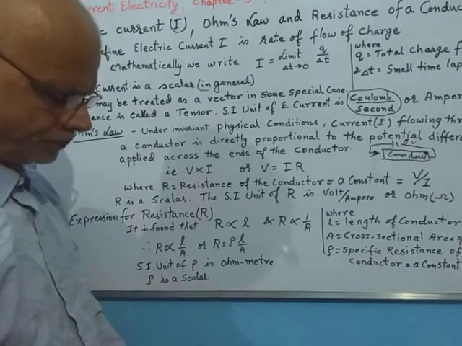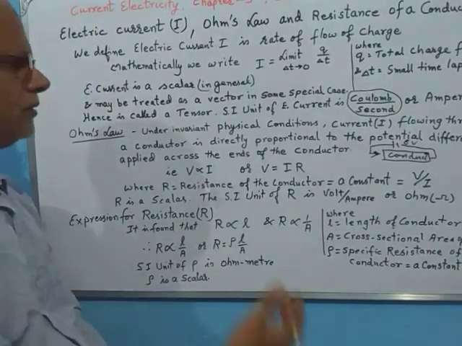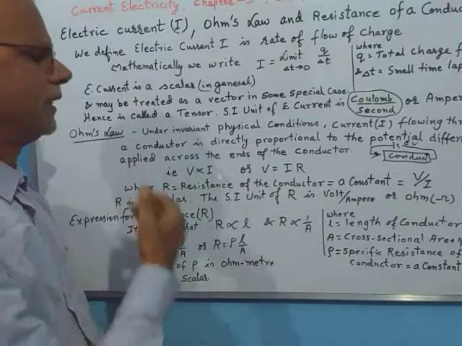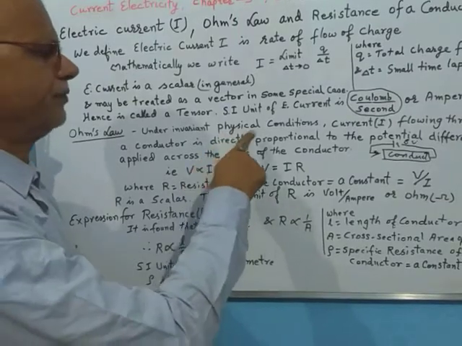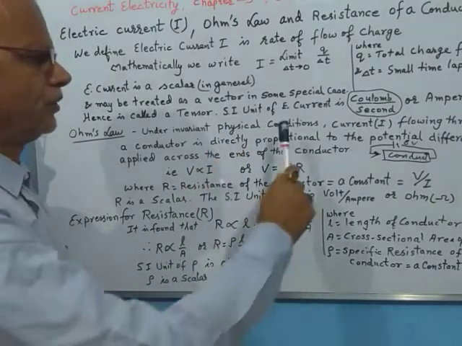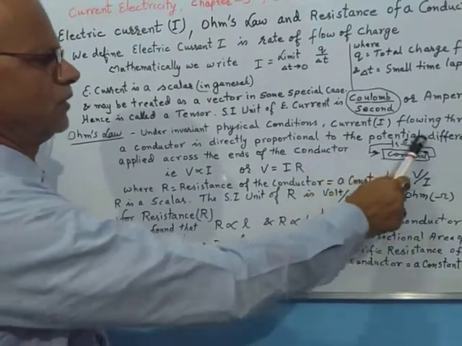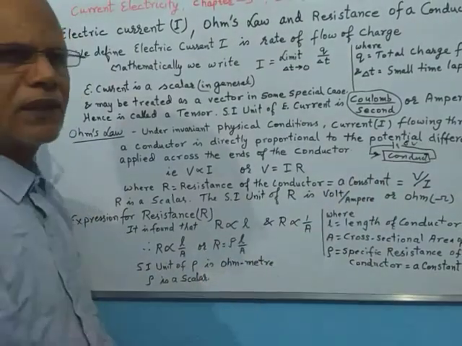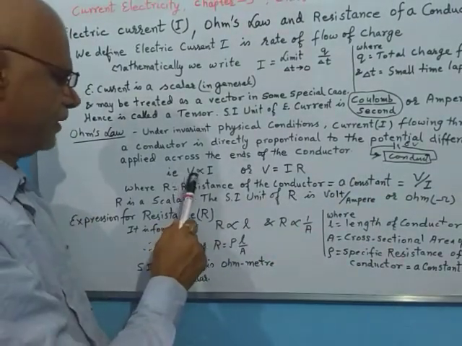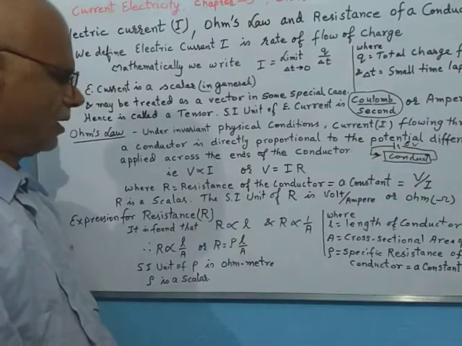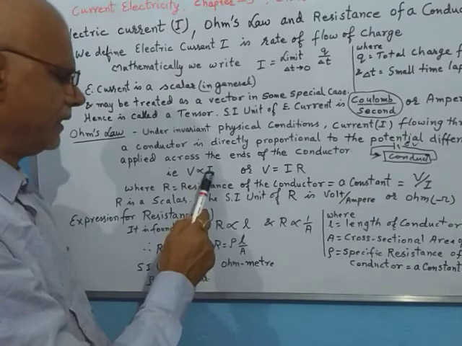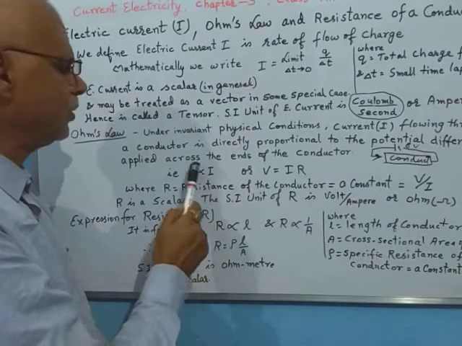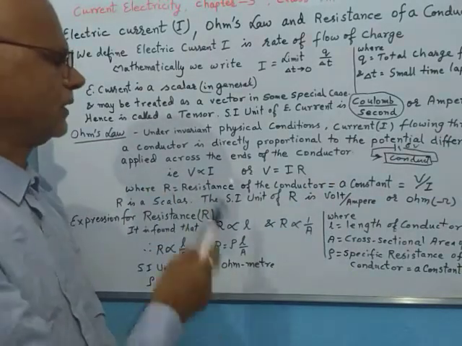So this is the fact. Now based on this fact, Ohm derived the law, which is named after him. It is that under invariant physical conditions, the current flowing through a conductor is directly proportional to the potential difference applied across the conductor. The more the potential difference, the greater will be the current flowing through it. So that means V is proportional to I, and in fact here we are writing it for our convenience, but you see that the current through the conductor depends on the potential difference applied across the conductor.